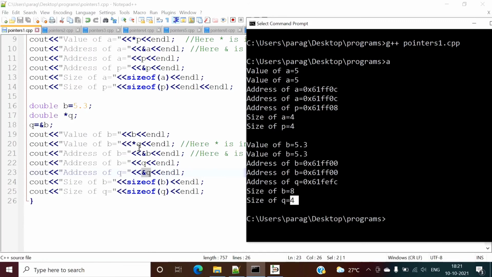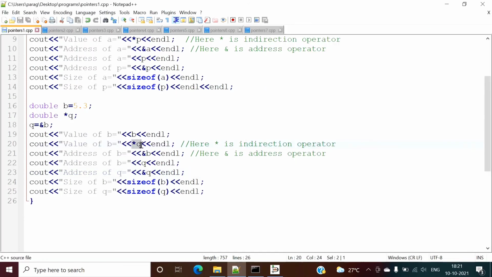So in simple words, whenever we are using this star, see, two things are there. How these pointers are defined like this. This is a data type. Data type of what? This q, this is a pointer variable, and it will have the value of some other double variable. Then by this star we declare q is a pointer variable, and it will have the address of some double variable. So in this way pointers are defined.